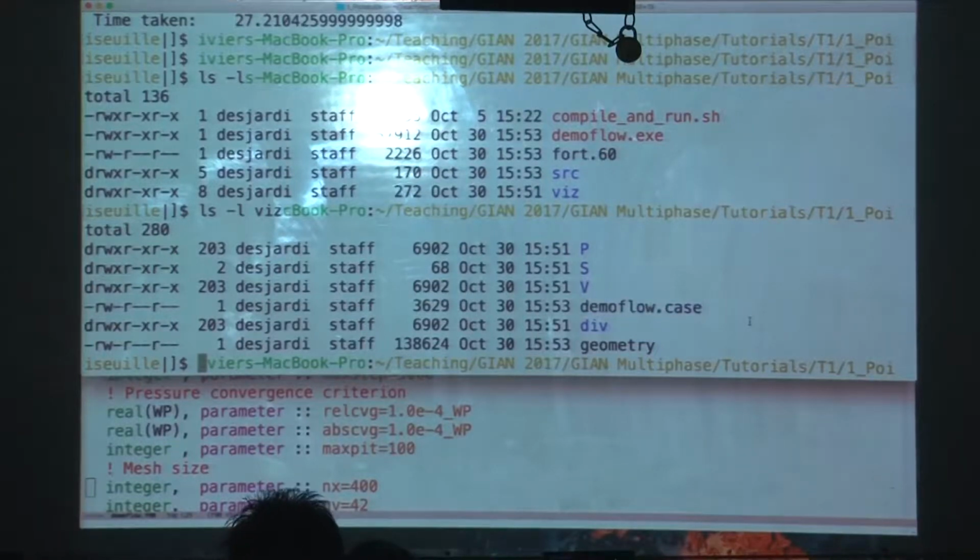It's called demoflow.case. This is the so-called case file. This is what you will open in Ensight, the visualization software. Upon opening that, you'll have access to everything that the code has calculated. We can right now take a look at what's in there. So if we do a more of viz/demoflow.case,